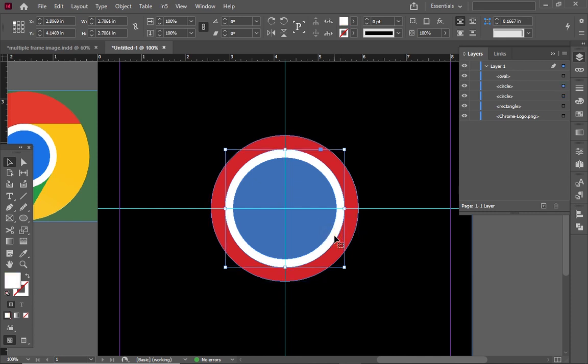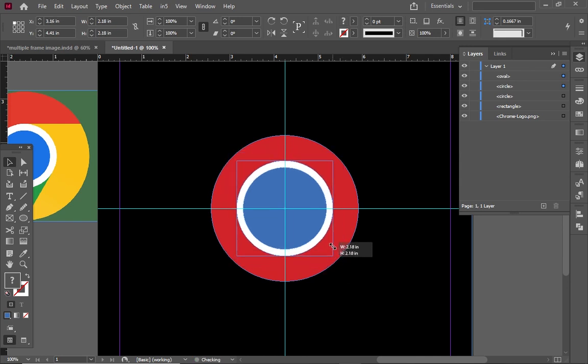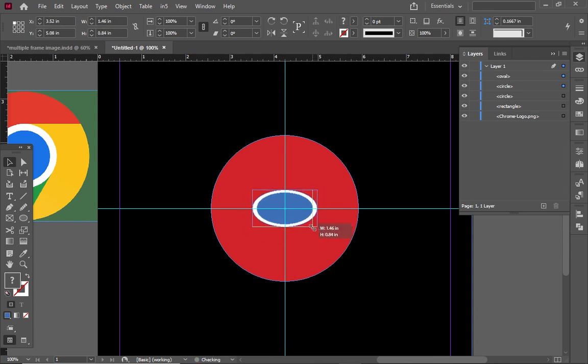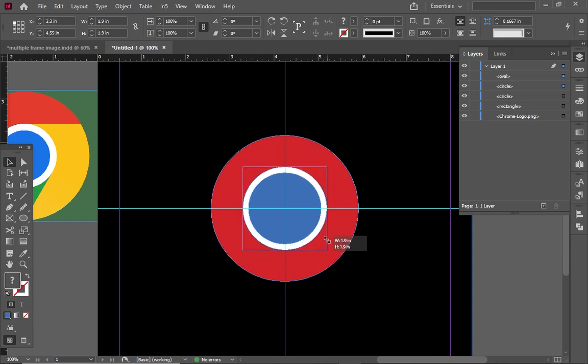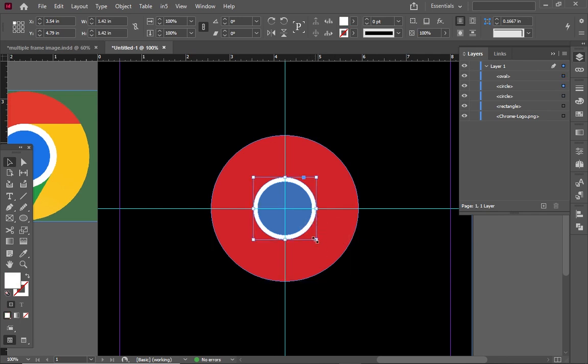Now I want to select the two, which will be the white and blue. So I hold Shift, select the white, and I hold Shift and select the blue. Now I want to decrease the two. Okay, Shift, select blue, and then Shift, select white, and hold Shift and Alt, and now you can reduce the size. Now we've created this, and now we want to continue with the break that we find in the